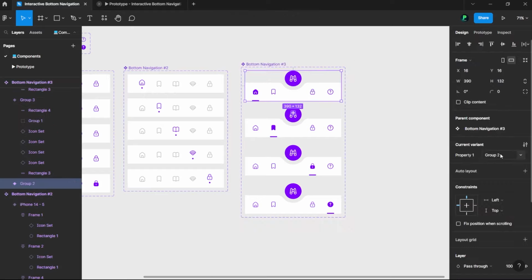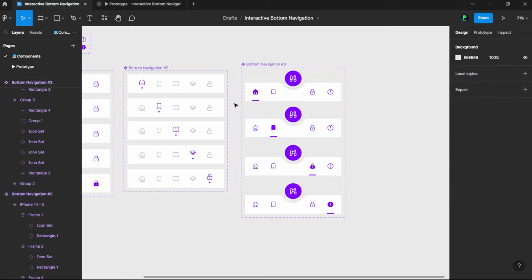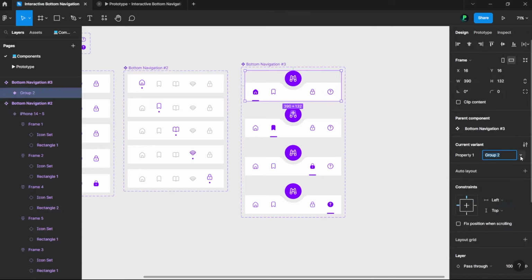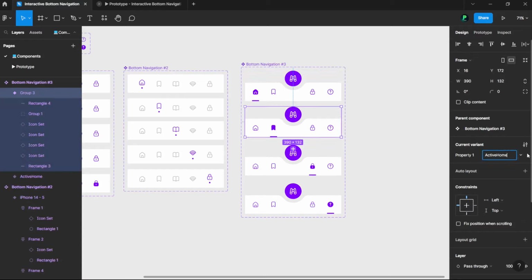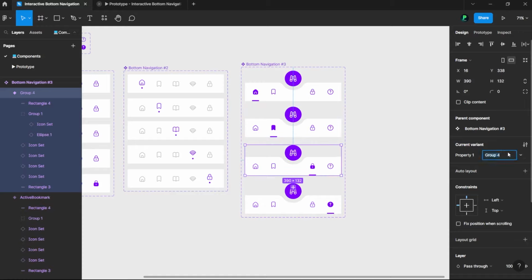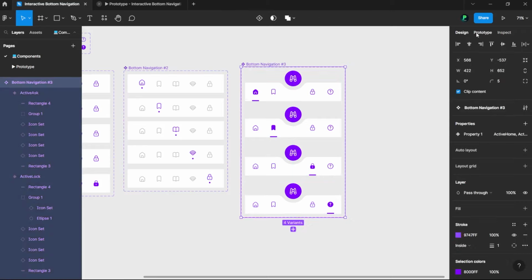Alright, so we'll just name this active home, active bookmark, active lock, active ask. Select this, click on prototype,